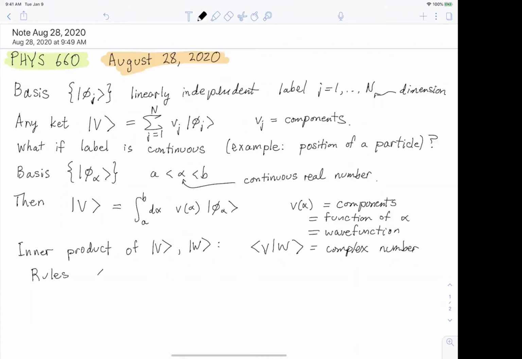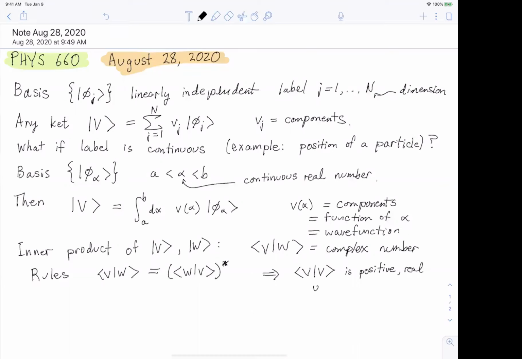Rule 1 was, if you take V with W, that's the complex conjugate of W with V. The star here, the asterisk, means complex conjugate. From that, as we mentioned at the end of last time, it follows that the inner product of any ket with itself is real and positive,